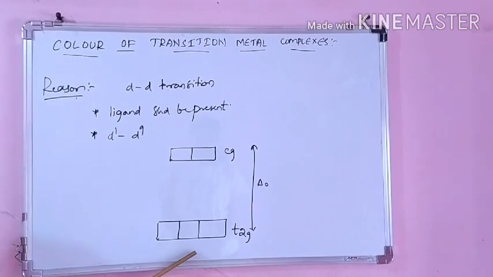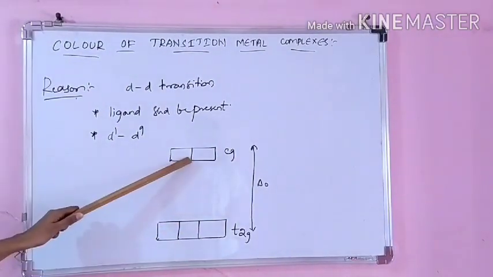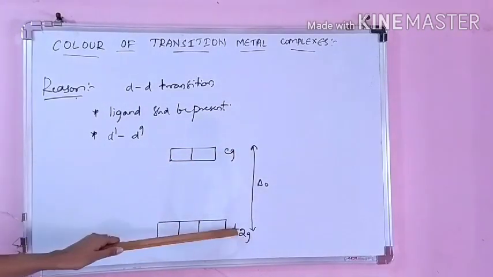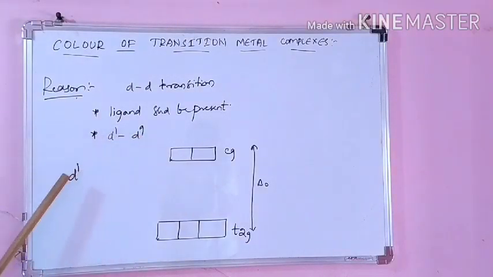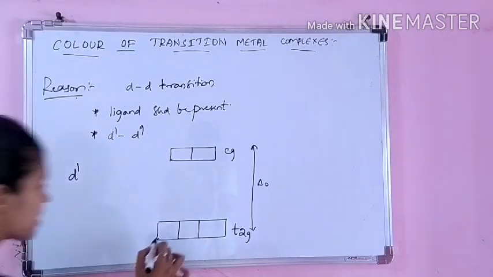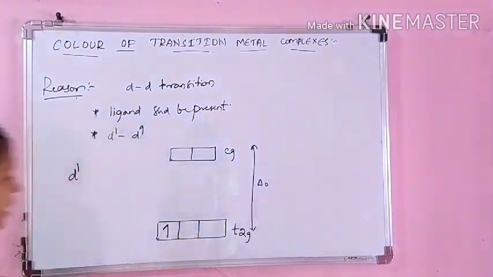You already know the octahedral splitting, isn't it? I have drawn that case here. The t2g orbitals here and the eg orbitals here, and this will be your delta. Think that I have a d1 configuration, one electron. In this range, our electron is lying. I have one electron in the d orbital, so definitely I will place this electron here.